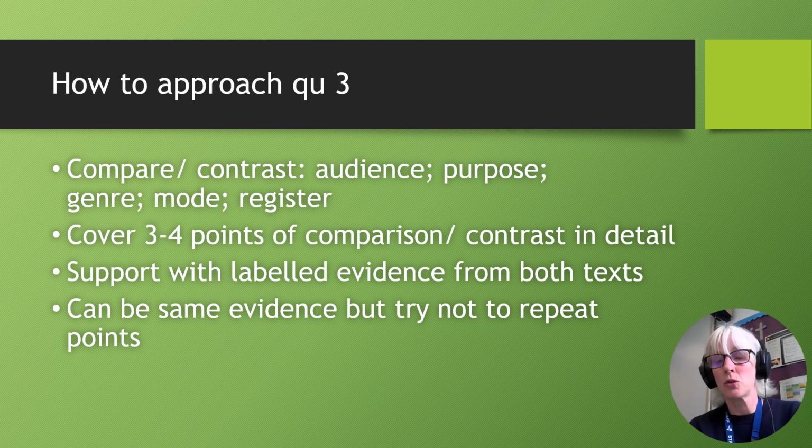Whatever you compare and contrast, you then link the reason for that difference to the differences in context, time, place. Try to cover 3 or 4 points of comparison or contrast in detail. It's better to do them detailed than to do lots of random small comparisons. You still have to put labelled evidence in from both texts. It can be the same evidence you used in A and B, but try not to just repeat the same points. Okay,